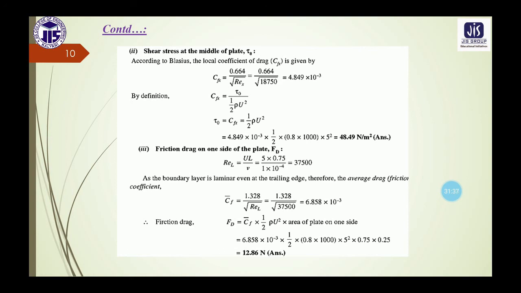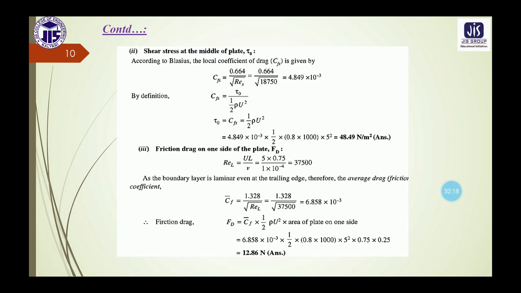Now for the last part of this numerical, we need to calculate the friction drag on one side of the plate, that is FD. For that, first we need to calculate the Reynolds number at the end of the plate. That means we need to use the total length of the plate. So UL by nu, where the total length is 0.75. So ultimately we get the Reynolds number as 37,500. Now as the boundary layer is laminar even at the trailing edge, because it is less than the upper critical value of the Reynolds number,